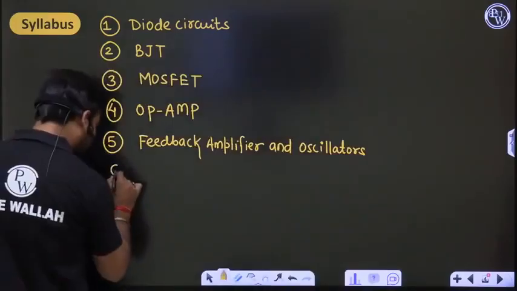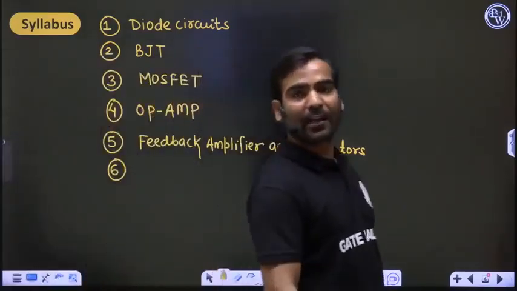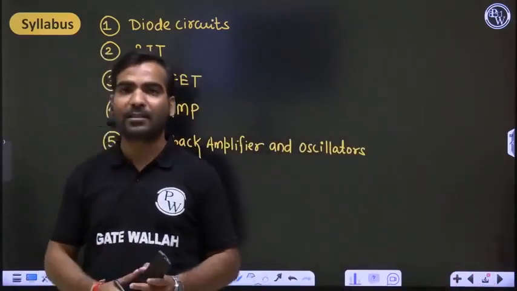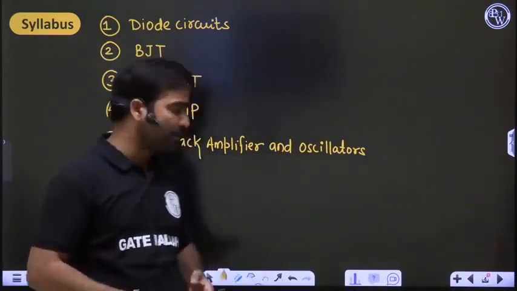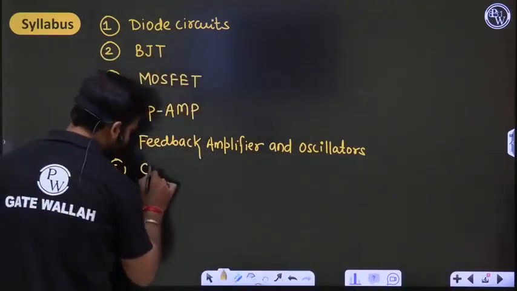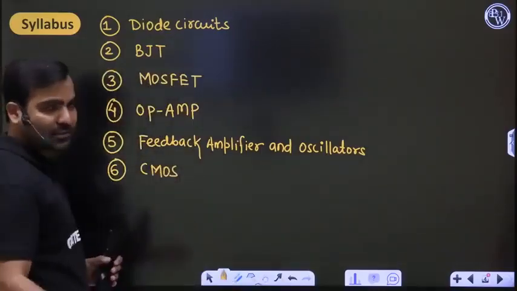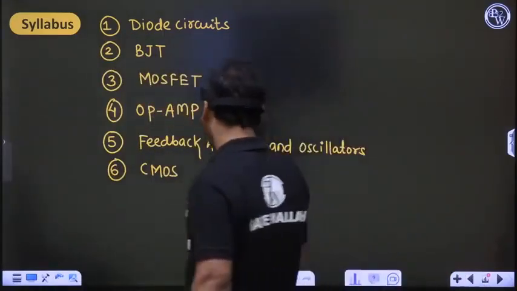And the sixth special topic, that I have been teaching since I started teaching analog circuits, is the CMOS inverter. Frequently many questions are asked from this topic in previous GATE papers. So everywhere you will get the CMOS inverter. Just think like it is from the Kamesh notes only.